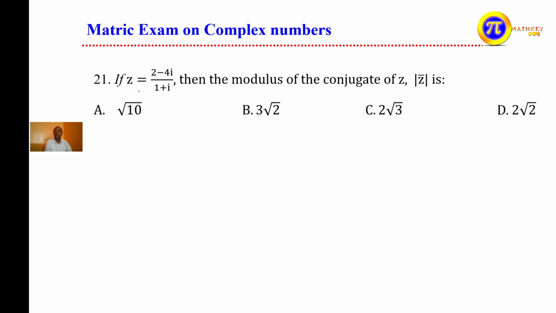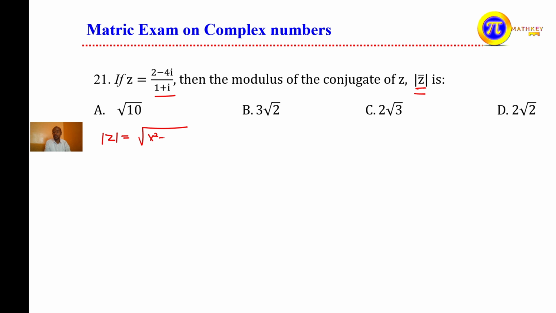Similarly, if z is equal to (2 minus 4i) over (1 plus i), then what is the modulus of the conjugate of z? What is the modulus of this? We know that the modulus of z is equal to